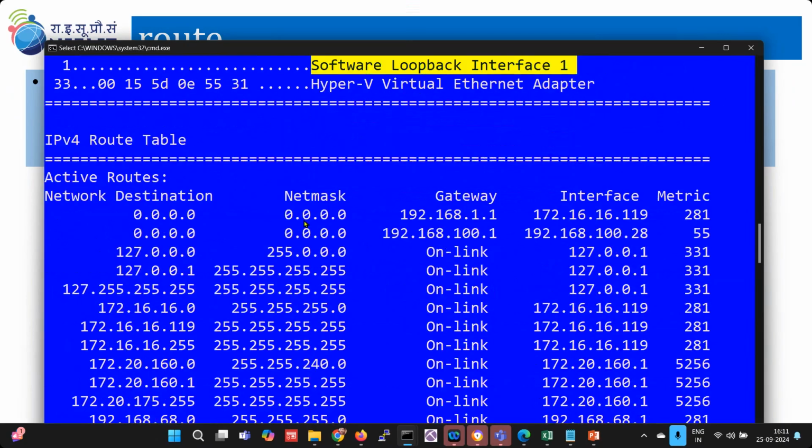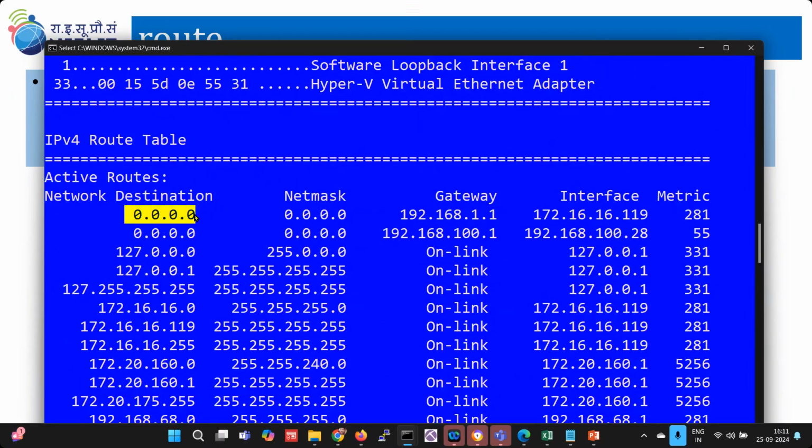Then the routing table information comes. This 0.0.0.0 is a special IP address used for the default route. It also indicates any, or the default route. Network destination 0.0.0.0, netmask 0.0.0.0, gateway is this. It means